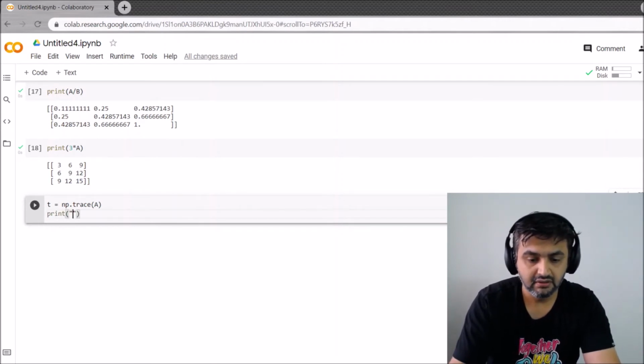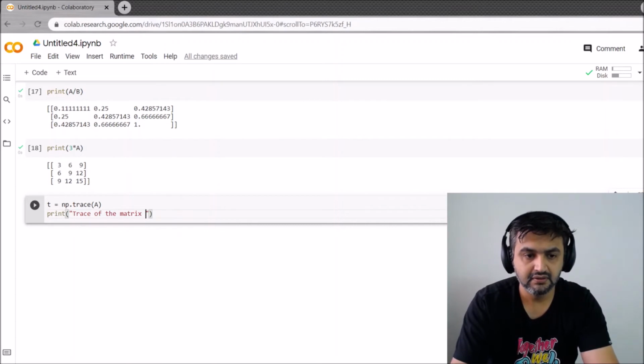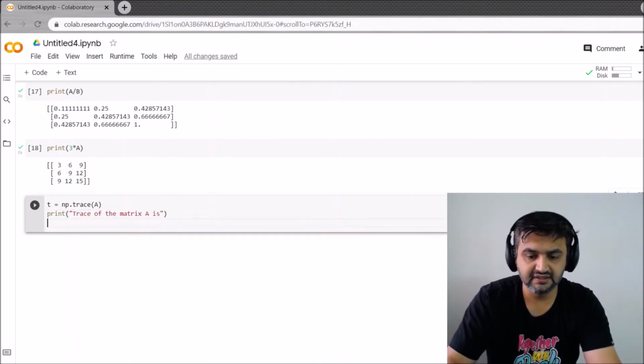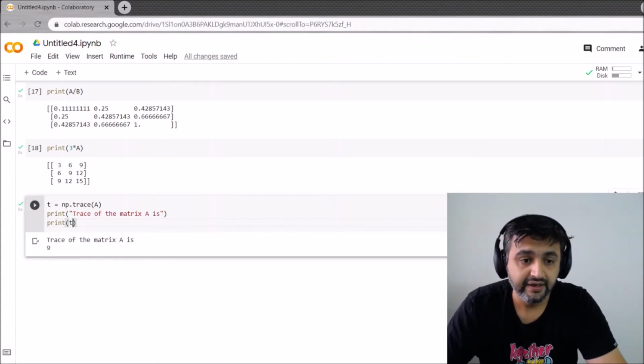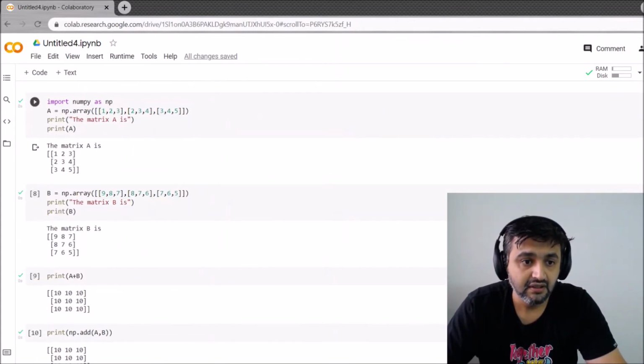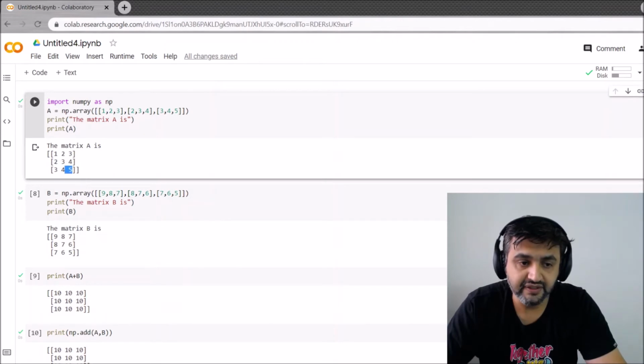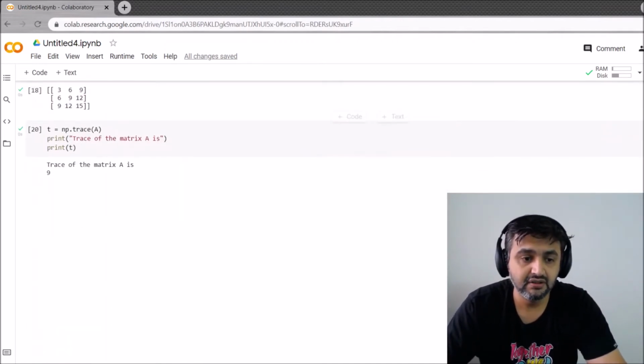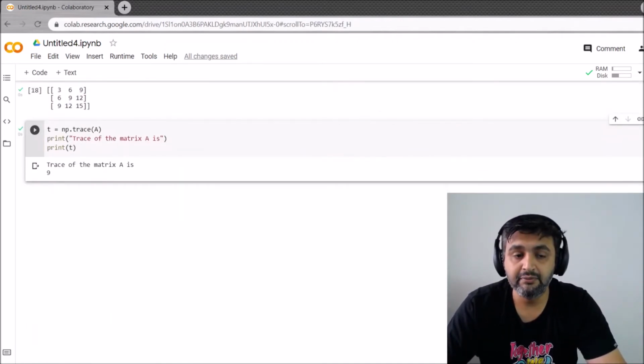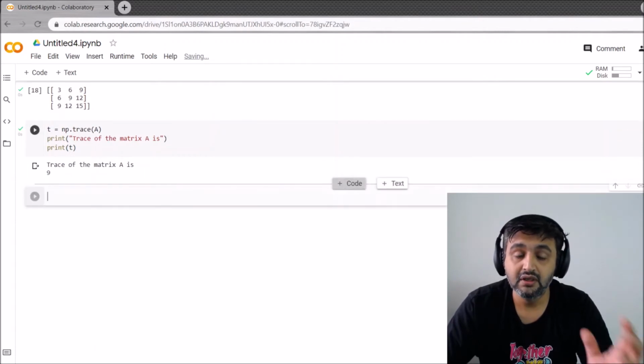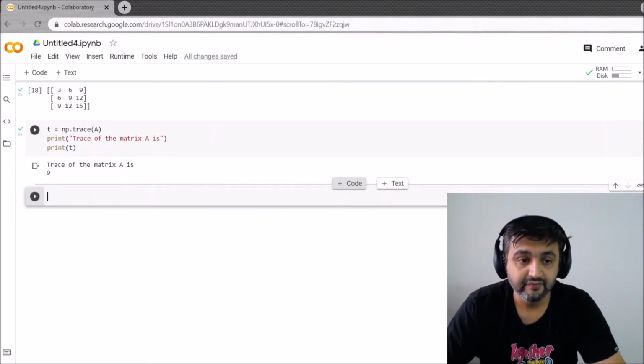So I want to print "trace of the matrix A is", and in the next line I'm saying print T. Control enter, and I will get the trace. You can see the trace 1 plus 3 plus 5. So sum of the diagonal is nothing but 9. So np.trace will give you the trace of the matrix.